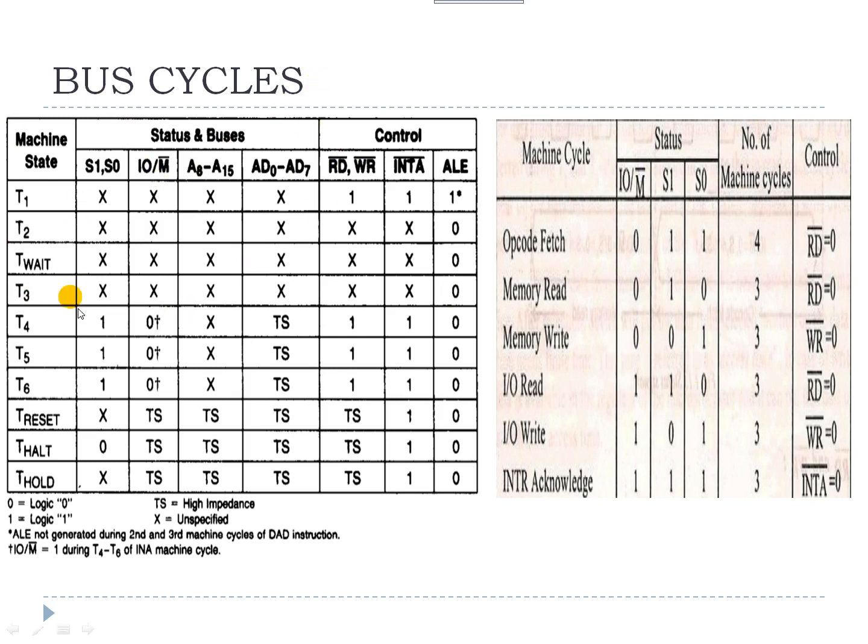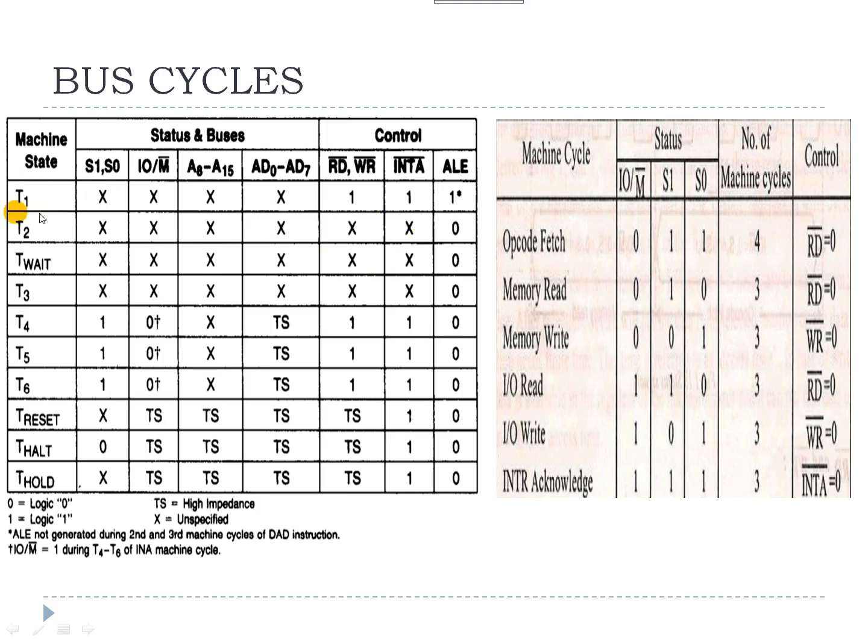Here another table is given. You can notice that the machine cycles T1, T2, T3, T4, T5 and T6 are given, along with some wait signals and the reset time. The timing cycles depend upon whichever machine cycle we have. Here the opcode fetch has 4 machine cycles, and you may have some initial cycles for this opcode fetch operation. The first opcode fetch operation has T1.